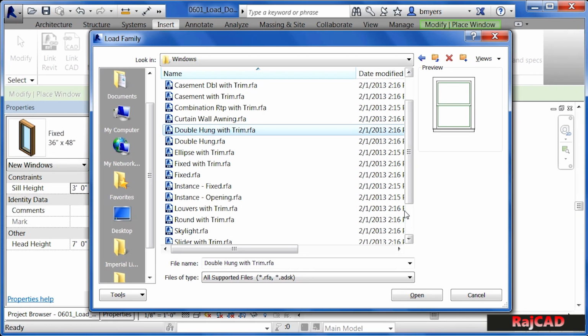This is actually the way that I usually recommend adding trim to a door or a window, is picking one that already has the trim around the outside edge of it, and make certain that the door or window has the right size trim going around the exterior edge, as opposed to not having it and then trying to place it later, which usually ends up being a lot more work. In this case, I think I will choose the double hung with trim and click on Open to load this